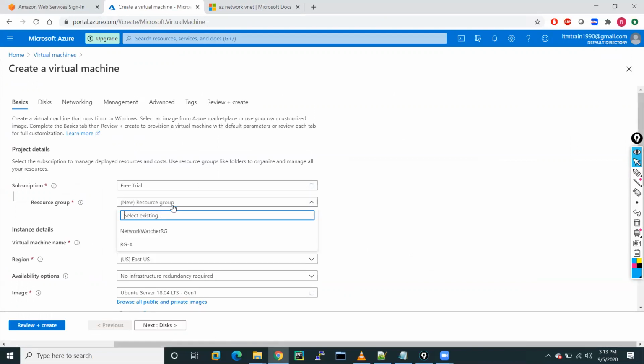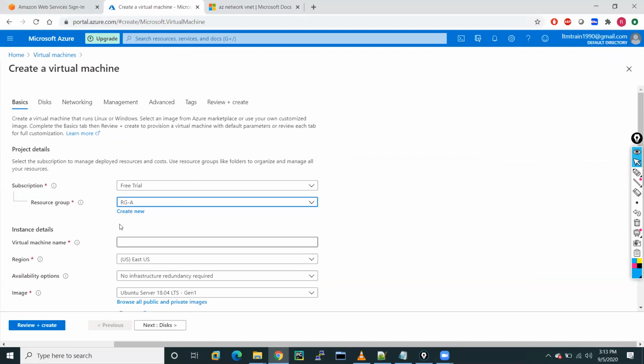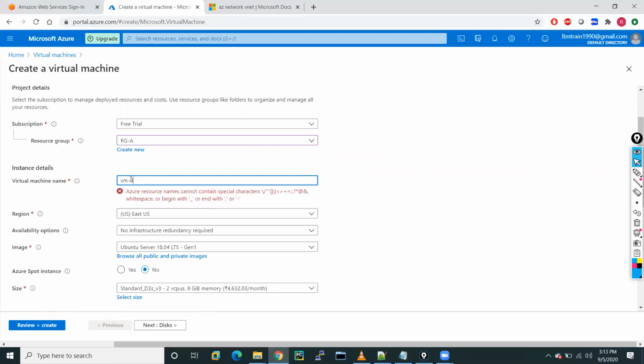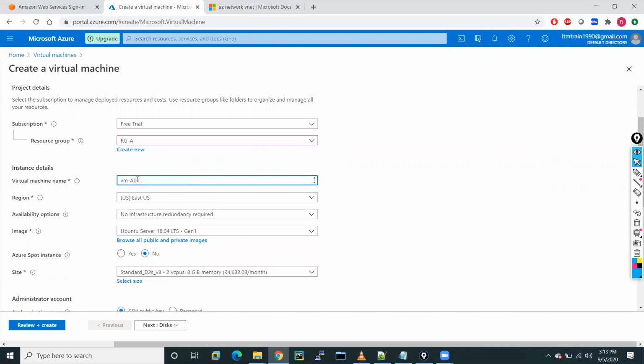I will use the same resource group, RJA. If you want, you can use a new one. For the name, let's say VM for company A 01, the first VM of company A. The region is East US.